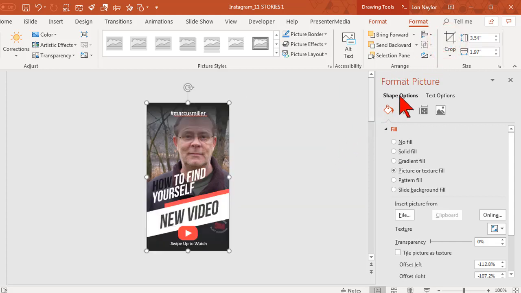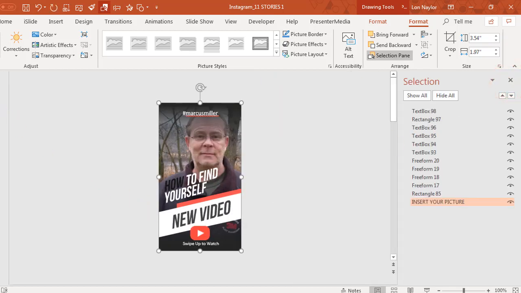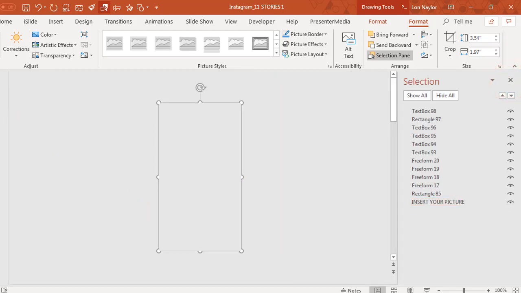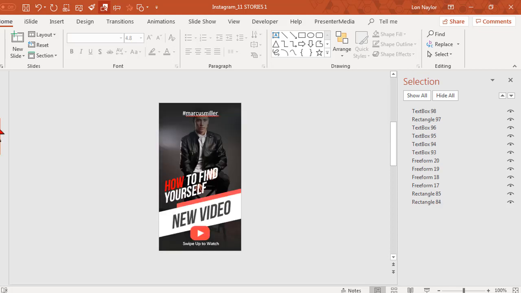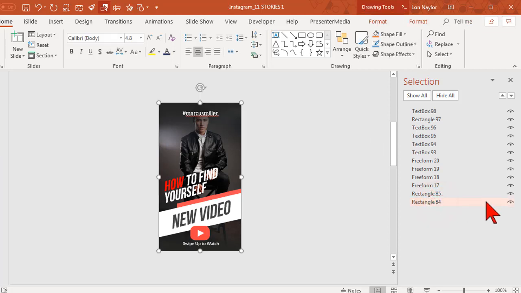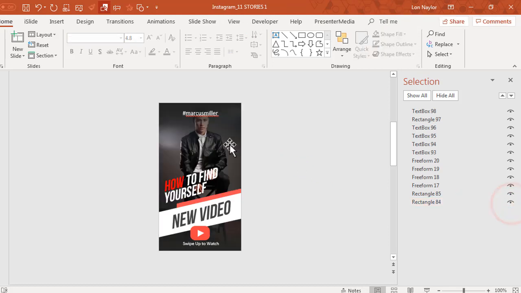All right. Then let's go back to the selection pane. Make sure we show all, and let's preview it. Nice. I like it. We can do the same thing on the second slide. I'm going to take a shot here and say that rectangle 84 is the slide I want. Yeah, there it is. So turn that guy back on, select it,